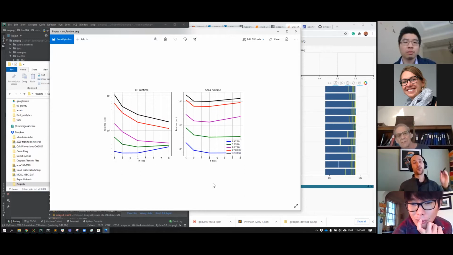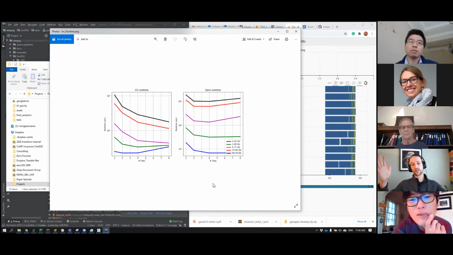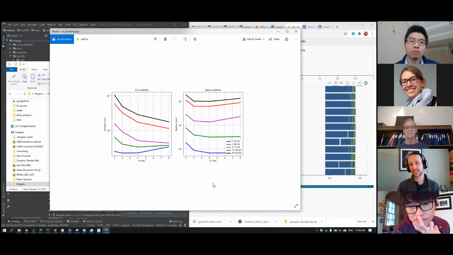So eventually your overhead of creating tiles is going to start to take over. And eventually you're going to get a saturation. Even if you break the problem down to a single point, you still currently need to mesh out to the global mesh. So eventually you're not going to be saving too much by breaking down your problem further, because you still need to create tons of meshes. Yeah, I see. There's a sweet spot where eventually tiling more is